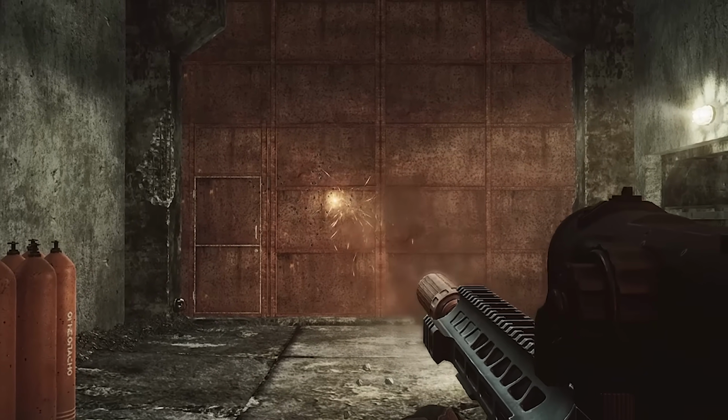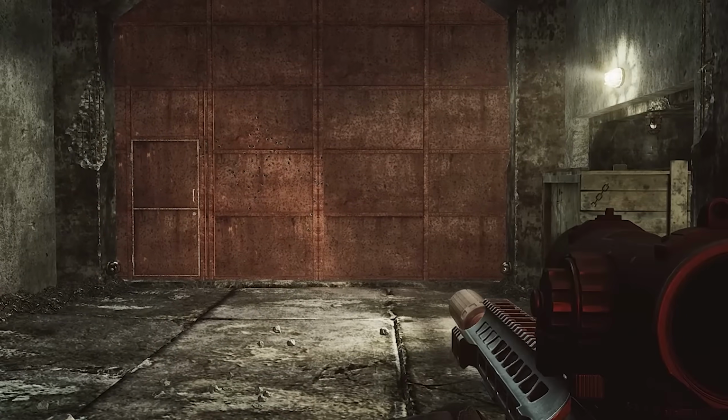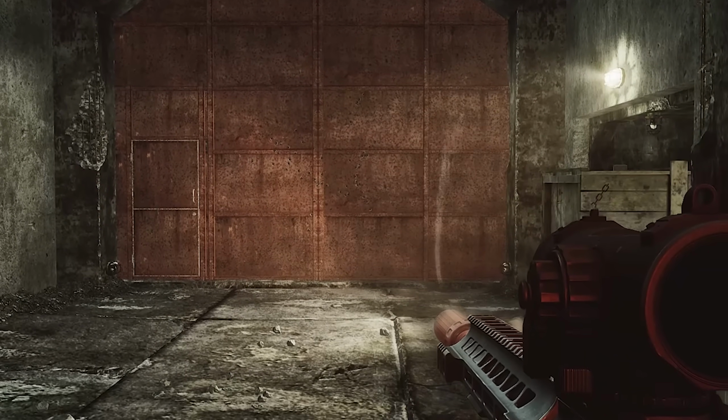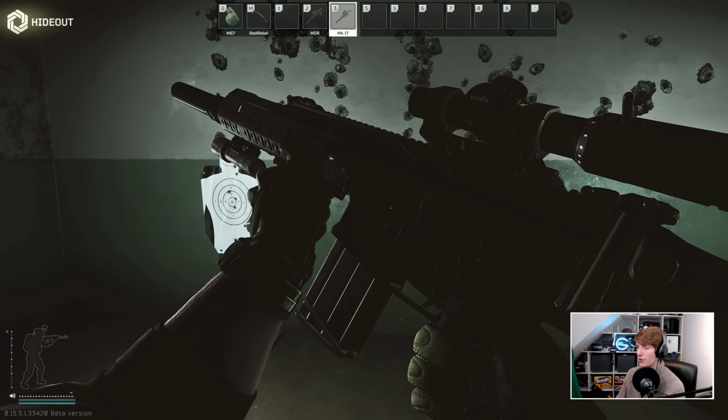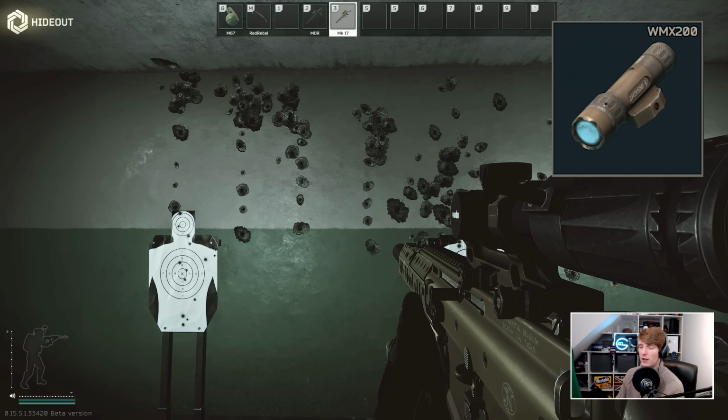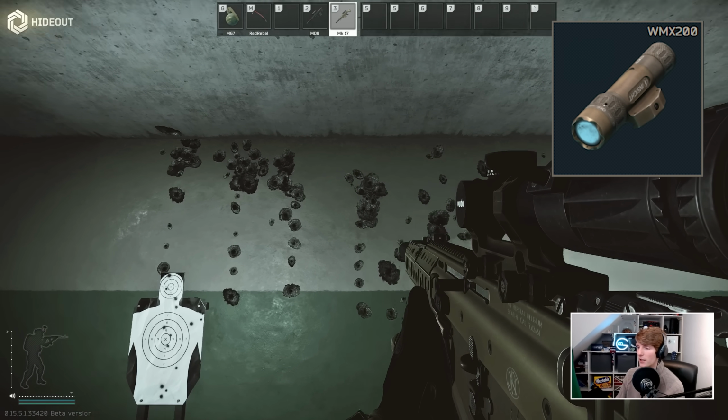Sometimes it'll go up here and off to the left, sometimes it'll go up and then straight down again, sometimes it'll go round to the right and then back to the left again. It's a bit random, whereas if you've got a tactical device on, it's great. The one that I have on here is the one I almost always use, which is underneath, as you can see, it's the WMX200, and I actually have this in IR mode,